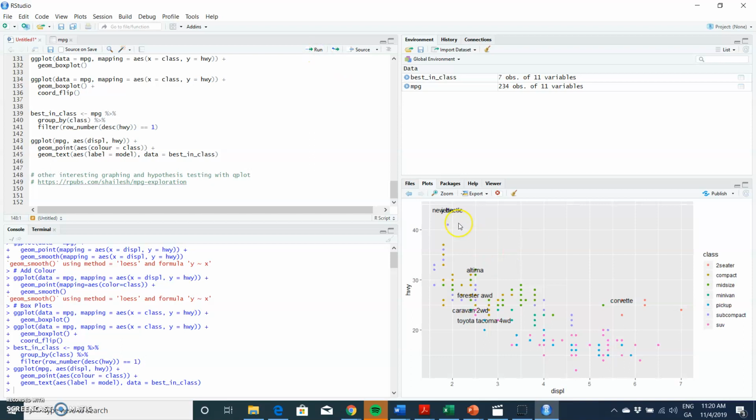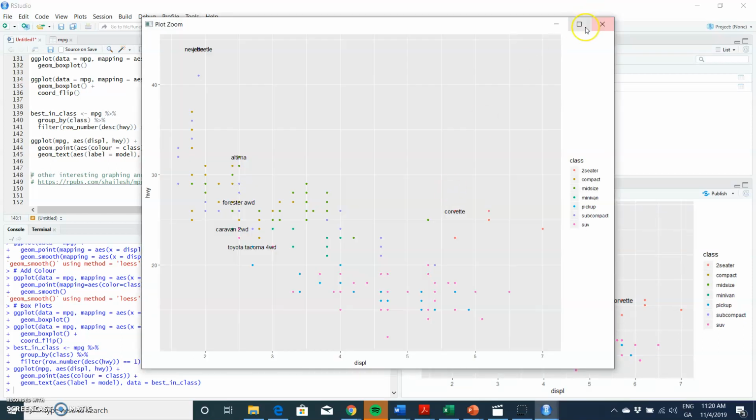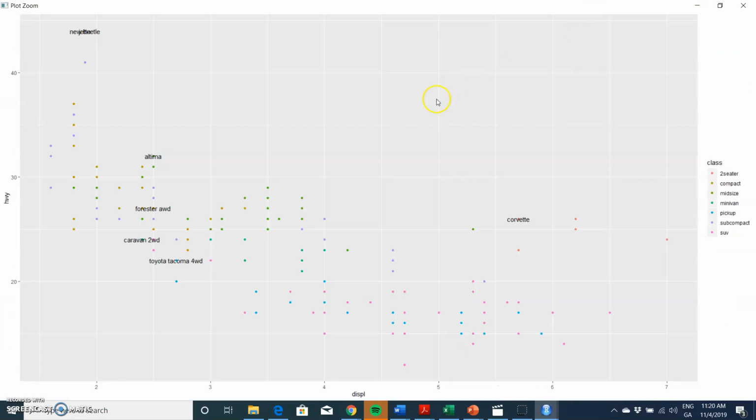We find that we can add annotation, which can be very useful. So we want to demonstrate, look, some cars are very fuel efficient, and the beetle, for instance,